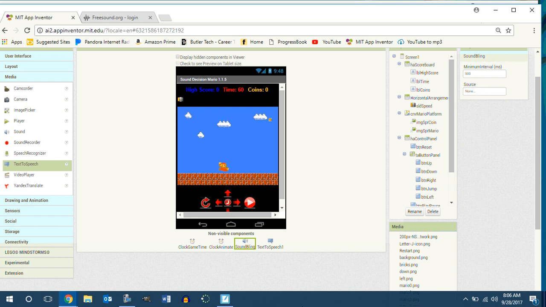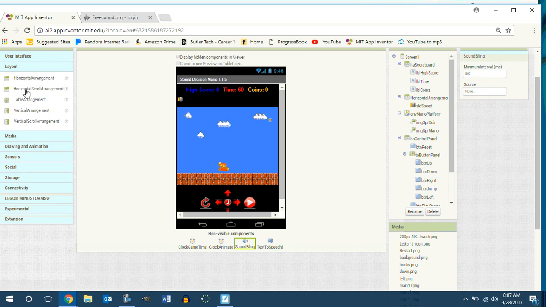Right now, what I want to do is figure out how we can put a spacer in here. You did? What'd you put in there? Maybe another arrangement? Yeah, that's what I'm thinking. So if I did a horizontal arrangement over here,